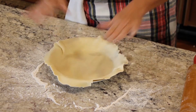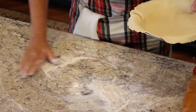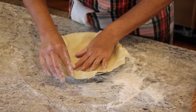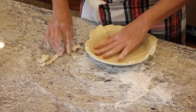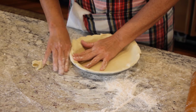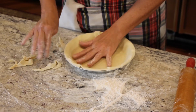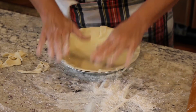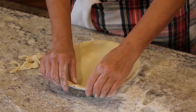Okay. Now we don't want to play around with it, like I said, with our body heat and start melting everything, but I want to get my hands a little floury, and cut the edge of this pie crust off with the edge of my hand. I'm missing a little bit here, it didn't quite go out to the edge, so I'm going to use a little bit of this scrap dough to thicken up the side. Here's another little weak spot right here. Okay, so now this is a nice, perfect pie shell,